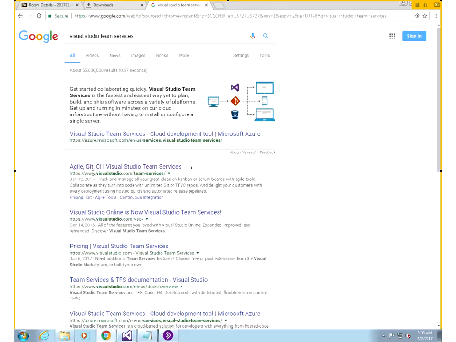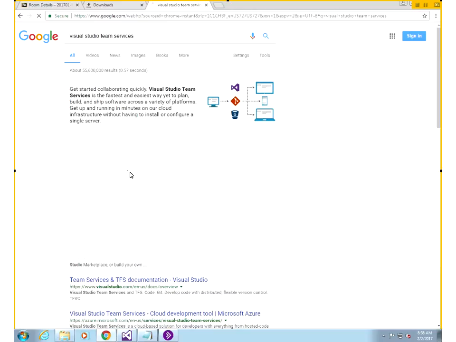It's Agile Git CI. What does CI mean? It's actually given here. Continuous integration. It's again a concept that goes with Agile development. You constantly, any module or piece that you want to add in, it needs to get integrated into the project. So anyways, we should, as I said,